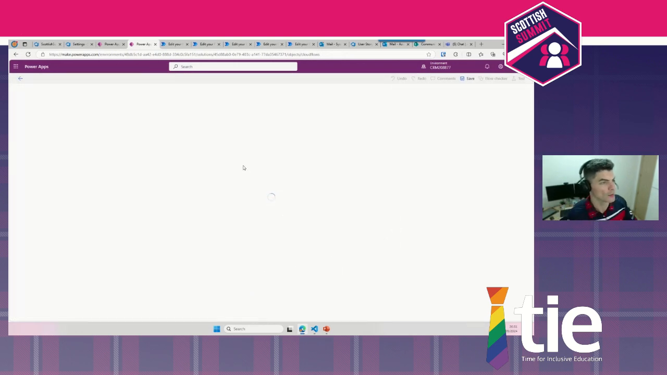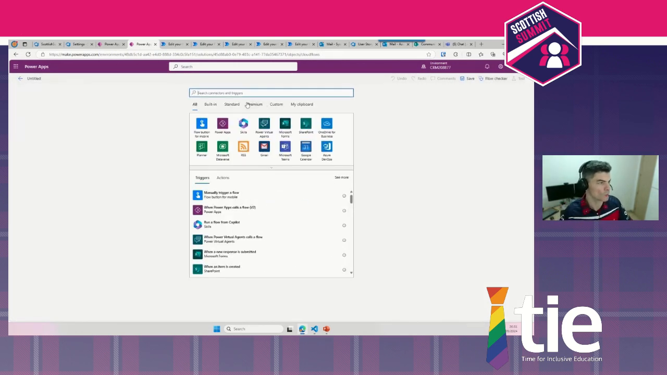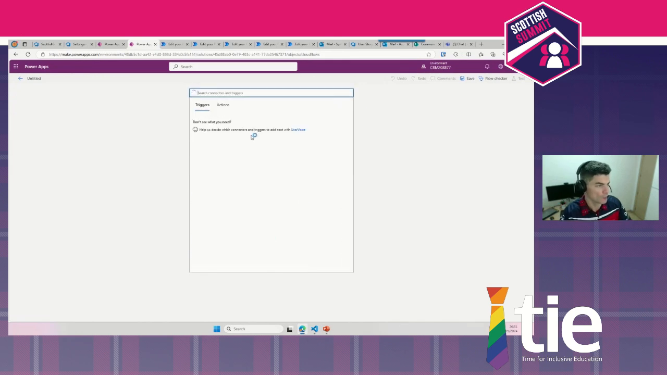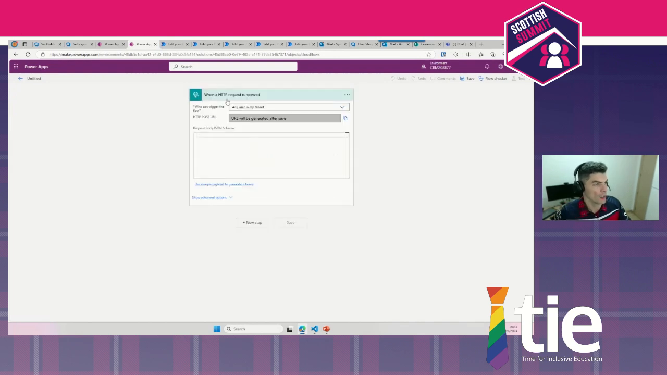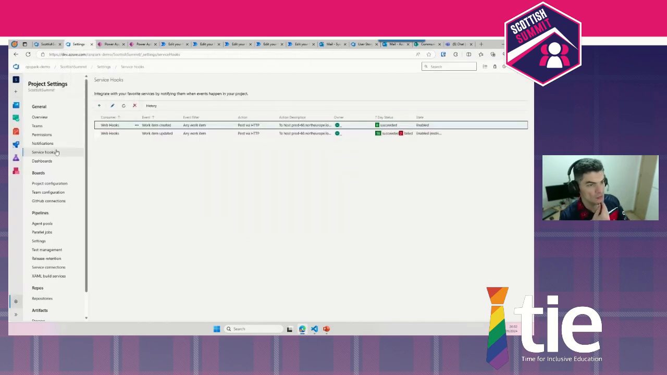And then go and select the flows. So I will search one more time, HTTP trigger. I have the request, okay? And from here, I can select the option when an HTTP request is received. And I can save this flow. This will give me a URL that I can then provide to this configuration in the service hooks